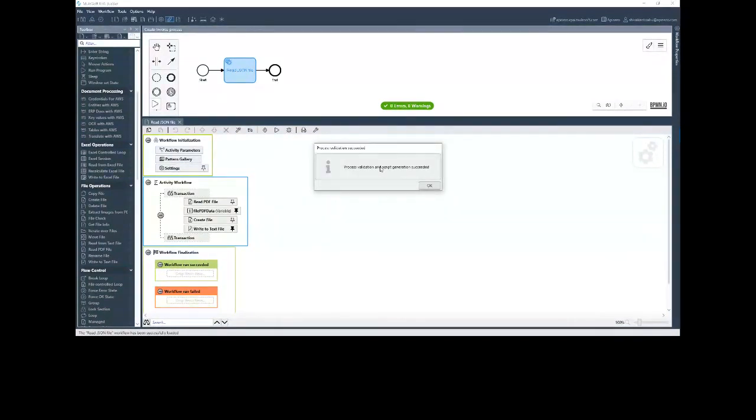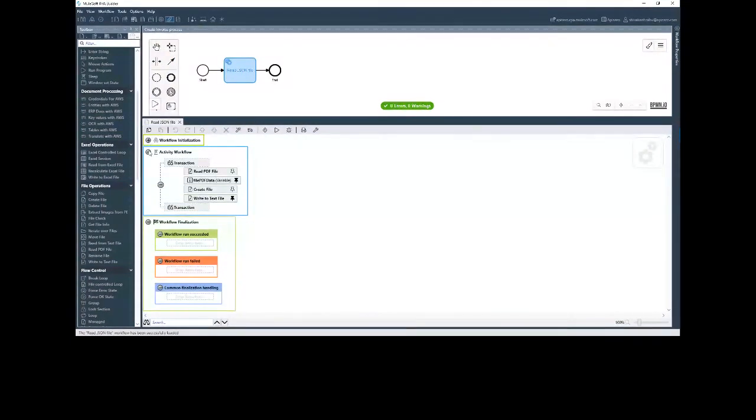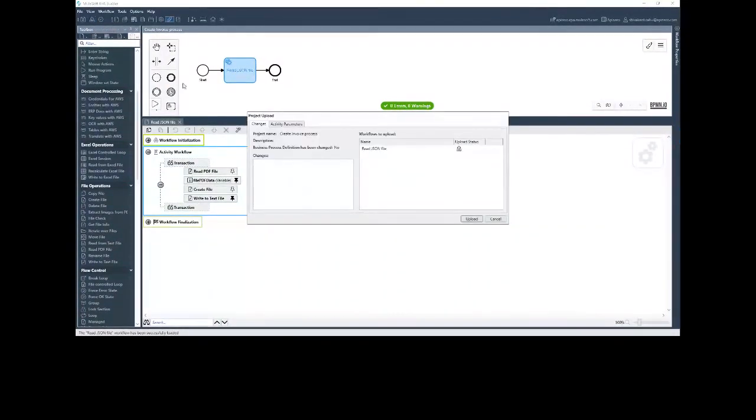First, validate the project. Then I want to minimize this. This project can be uploaded.